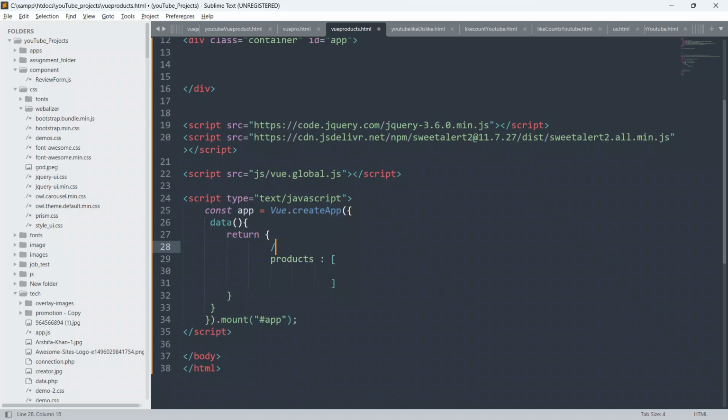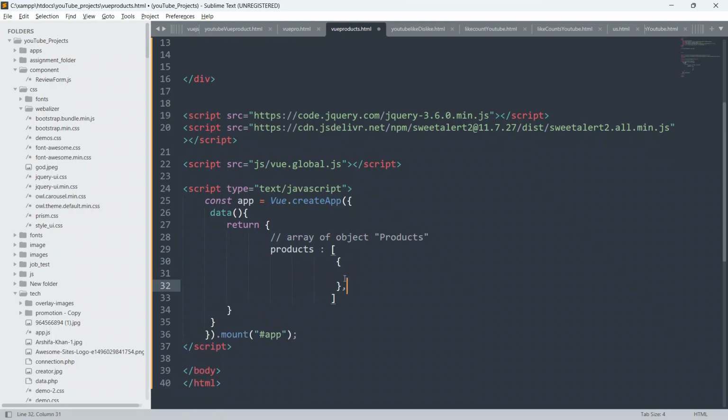Let me write the comment also for you: array of object products. Now we have to create our elements inside this array.